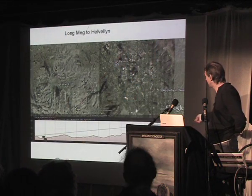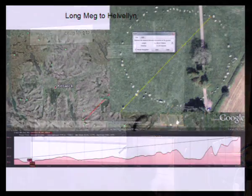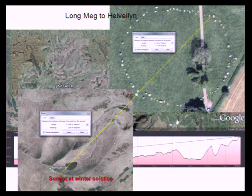I've shown the pattern here. This is Longmeg here. This is the summit of Helvellyn. So you can see there's visibility from that spot to that spot. There you go. And that's the line through Longmeg. See 225 degrees through Longmeg. It goes right through that same stone and through Longmeg down to Helvellyn. There you go, down to Helvellyn. There's the lake, and we're exactly down the middle of that valley. You see how the valley is orientated at 45 degrees, and how the sun sets down into Helvellyn on that